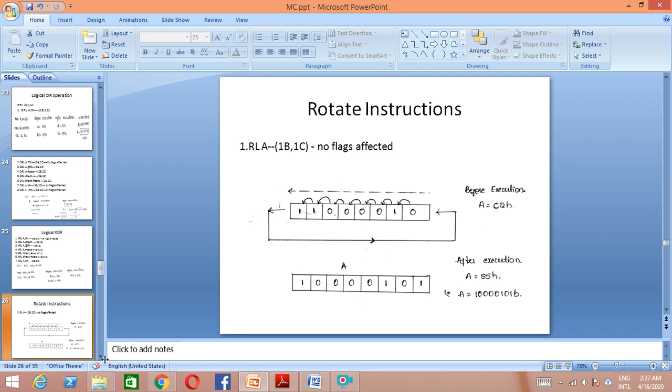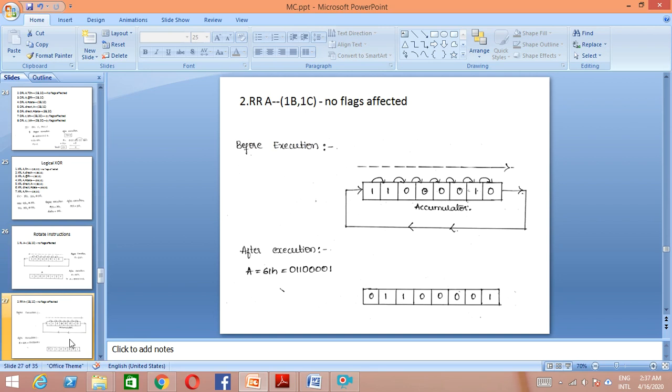So similarly we have rotate right operation, RR A, rotate right, and here you can see it is going to rotate like this, right? So this 0 is going to come here. So what will be the result? 0 1 1, right? 0 1 1, 4 zeros, and last it is 1 1. Okay, so this 0 has come here, right? So this is how rotate right works on the content of accumulator.